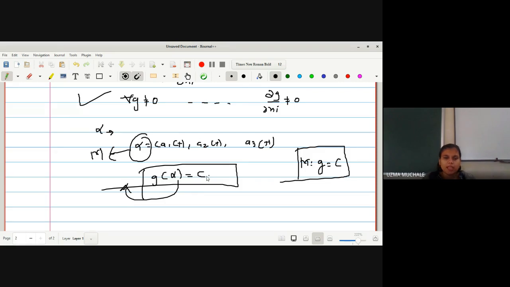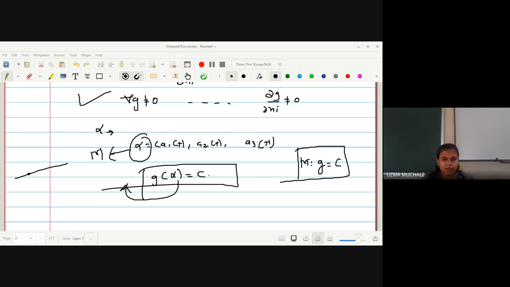Because if you say suppose this is some point p on a straight line, this point p must satisfy the equation of the straight line, then only you can say this is a point on the straight line. Similarly, alpha is a curve in a surface if and only if it satisfies the equation of the surface. So g of alpha is equal to c is the equation of the surface which will be satisfied by your curve. Why are we doing this? Because we want to find a tangent. Tangent means it should be a velocity vector of some curve in the surface.